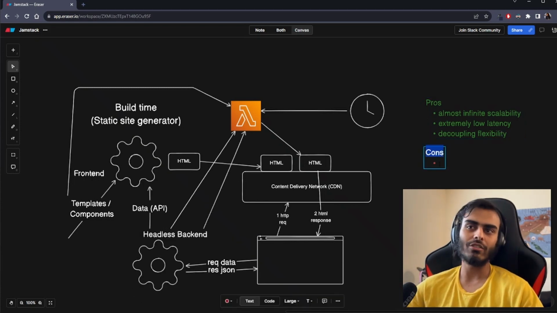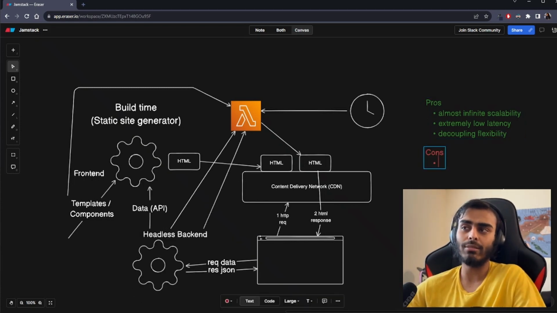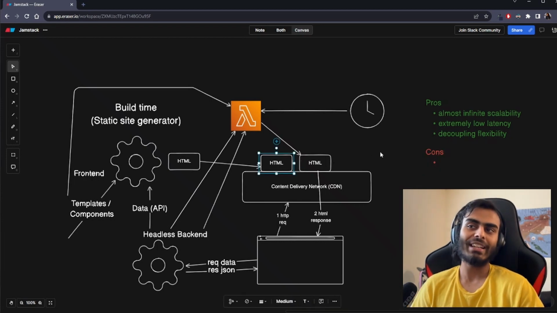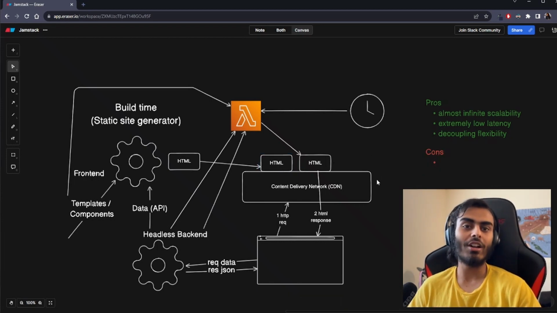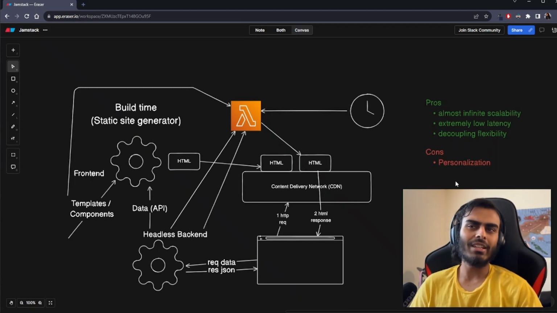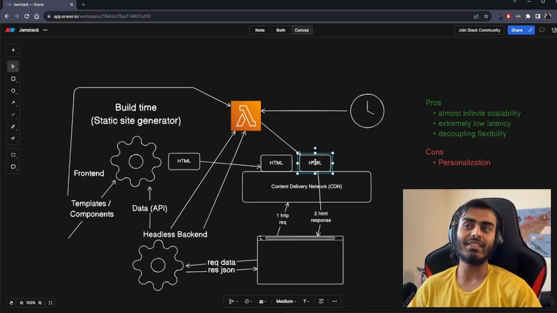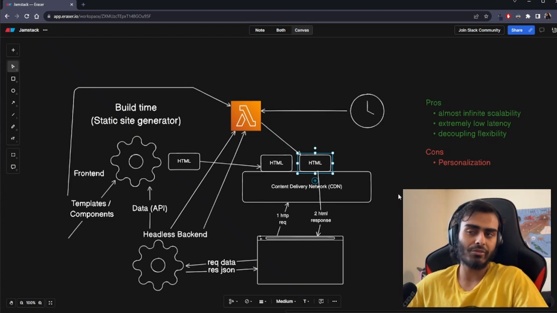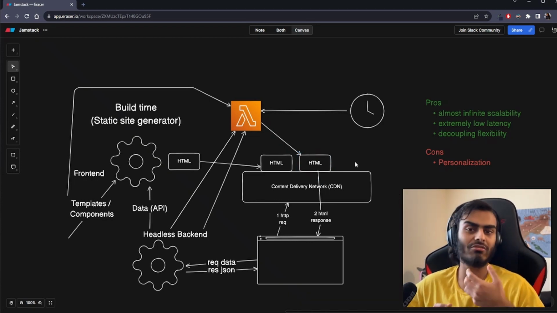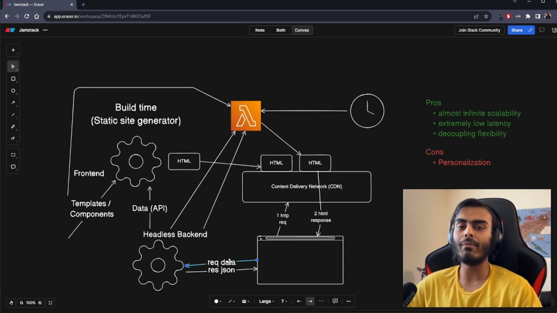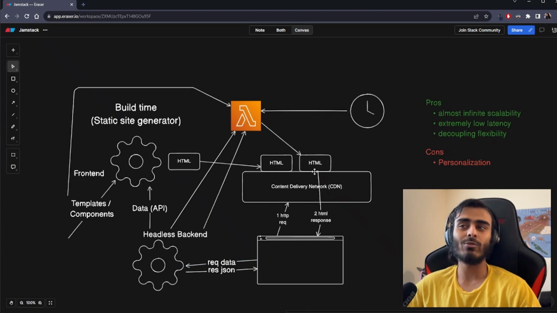So what are some cons of this? Well, we don't have the big issue of redeployment anymore, because we can do fine-grained updates to our front-end assets on demand or over time, even after it's deployed. But there's still going to be issues if you're trying to display some personalized content. Because your front-end assets are statically cached, it's going to be the same assets that are served to all your users. Which means if you want to show different users different pages or different content, you'll have to rely a